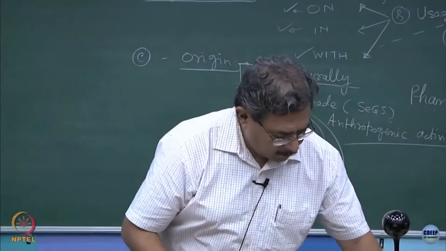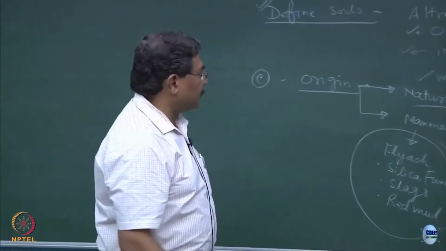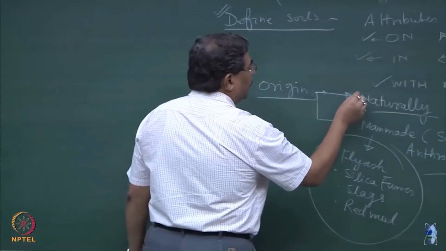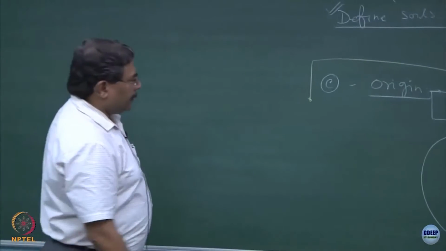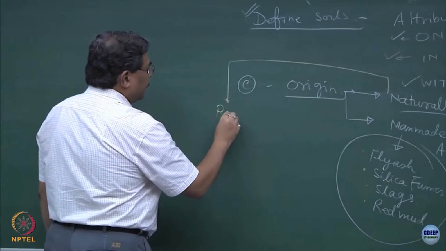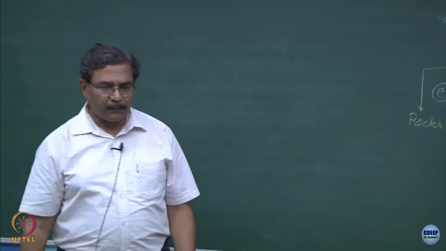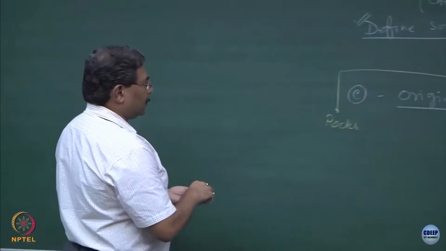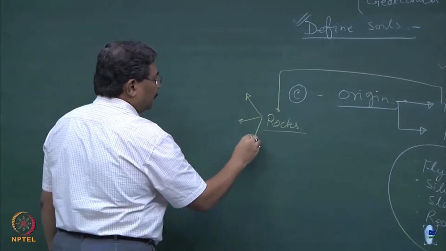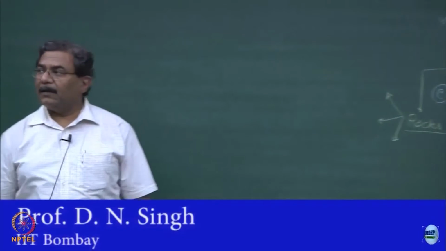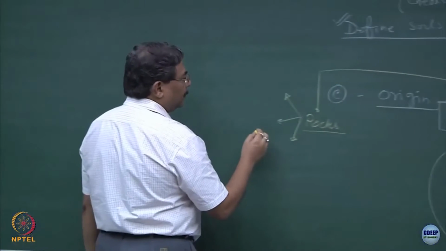So, when we talk about naturally occurring soils, and there have been a lot of questions regarding this, these are basically from disintegration of rocks, which we discussed some time back. There are three types of rocks you must have studied. Very good. Sedimentary,